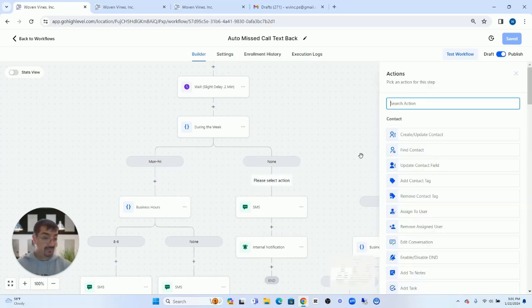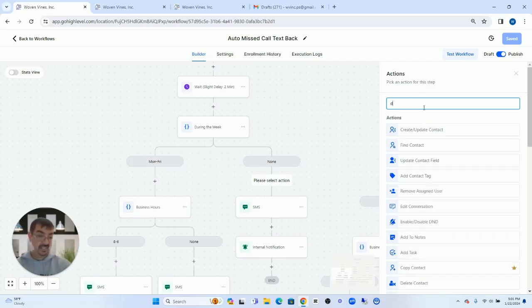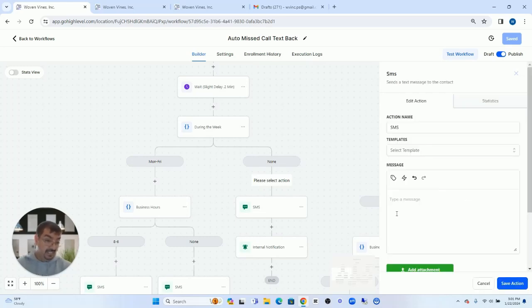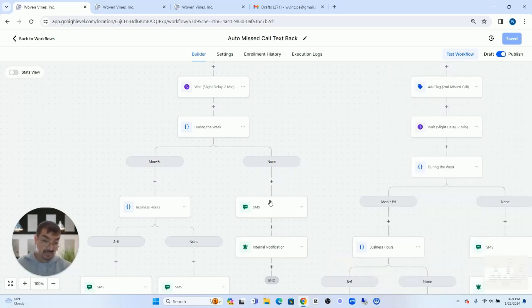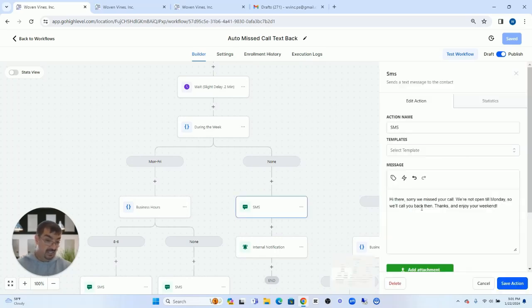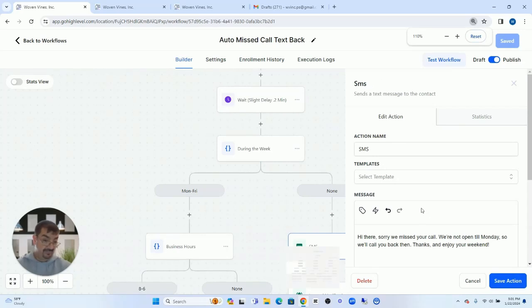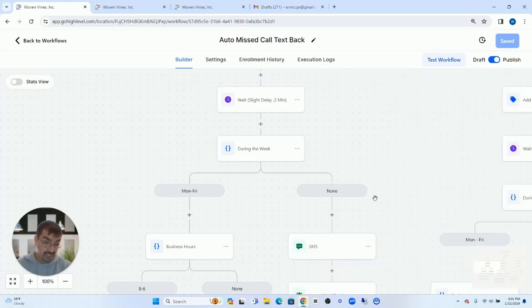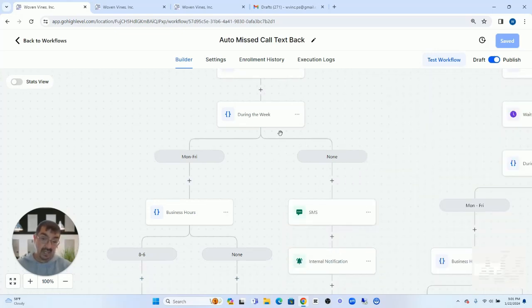To set it up, just click that plus sign, hit SMS, send SMS. And then this is where you're going to put your message. So the message I have here is, hey there, sorry we missed your call. We're not open until Monday. So we'll call you back then. Thanks and enjoy your weekend. Okay. So that's just the initial text so that they know that they're calling outside of the business hours during